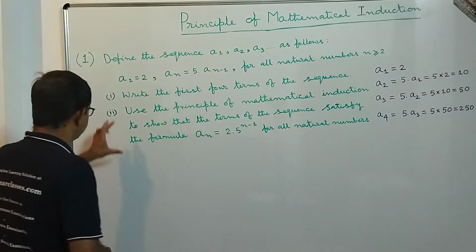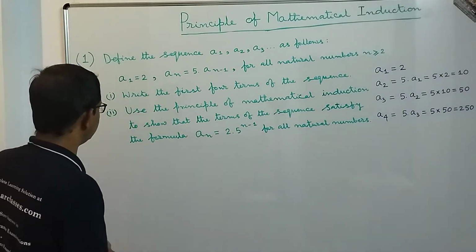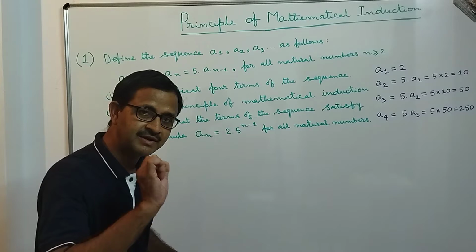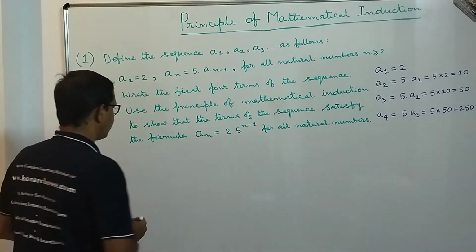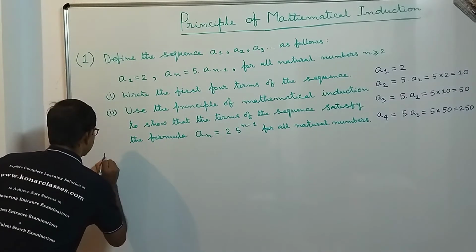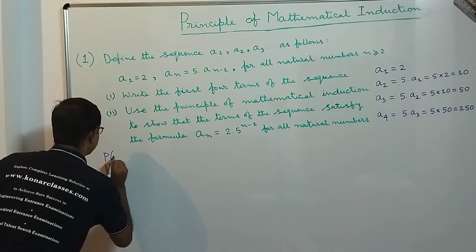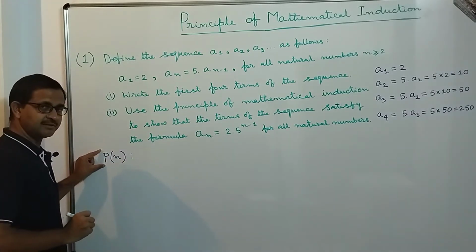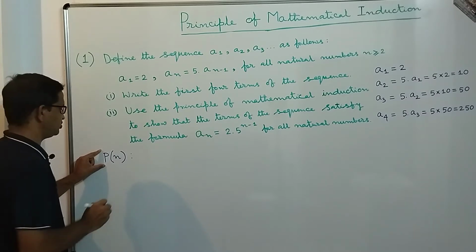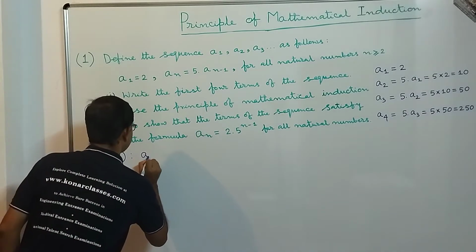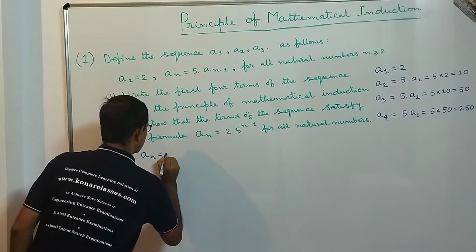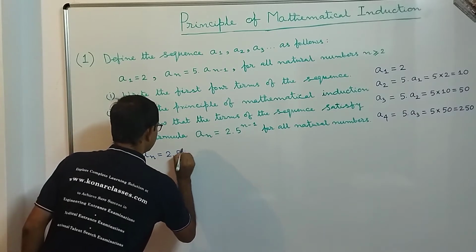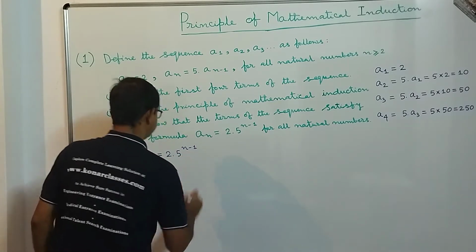From this statement, you first need to form the mathematical statement or proposition Pn. What is our mathematical statement here, dear students? That is denoted by Pn. It stands for An equal to 2 into 5 to the power n minus 1,